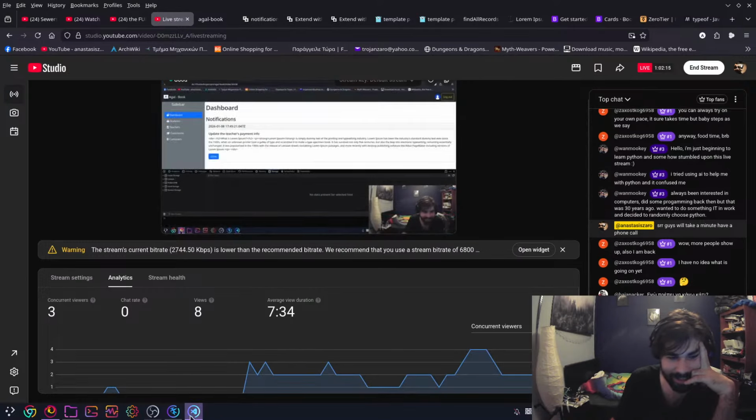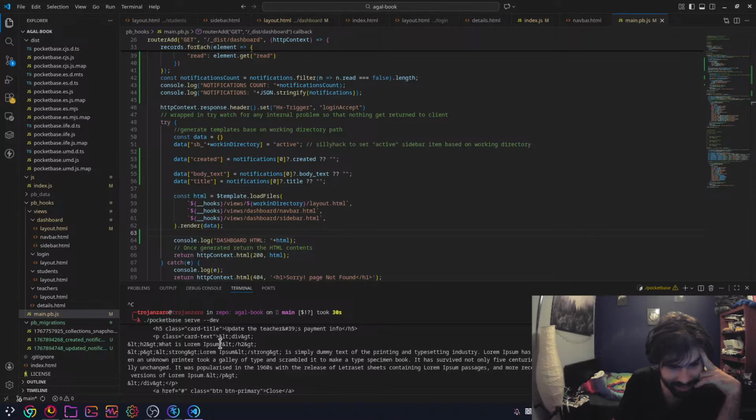The problem is, once it renders, it replaces all the things with these, which is what it should do. But it should not be messing around with the less-than and greater-than tags.